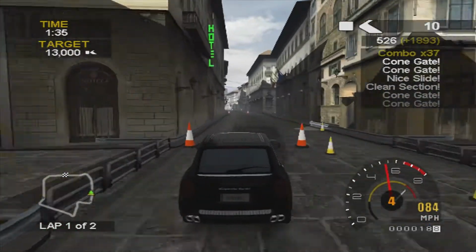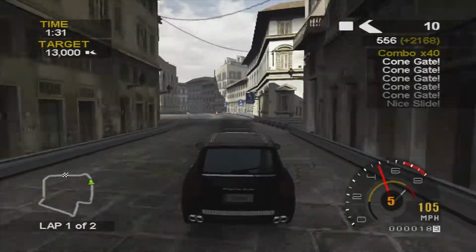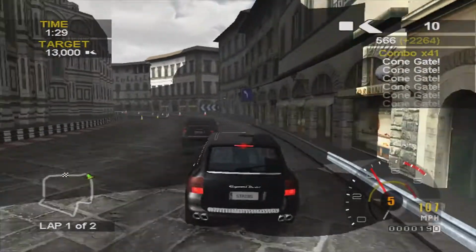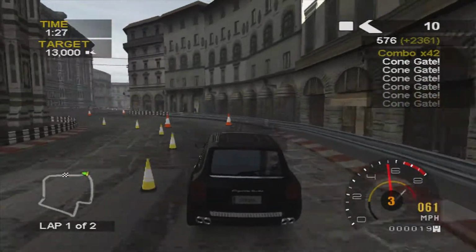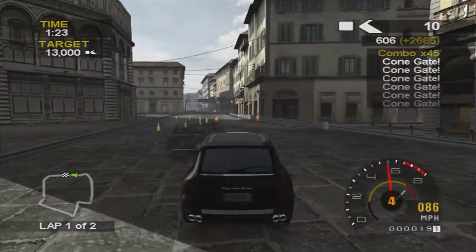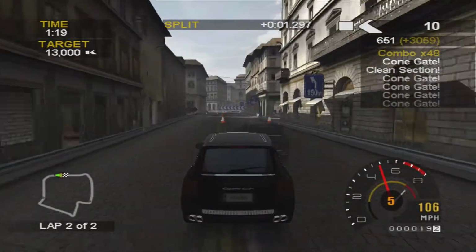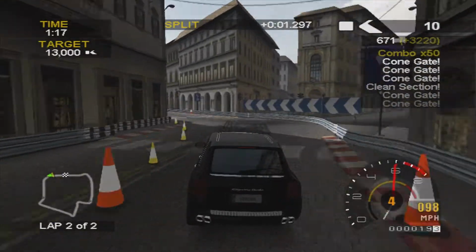Another cone gate. And this is a difficult corner coming up. No, don't power slide through here, just be controlled, and then you can just link all those cone gates together just by driving around. You don't need to power slide at all on that bit. Second lap now,